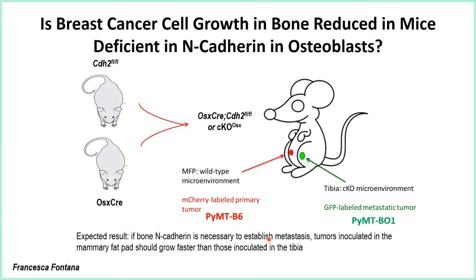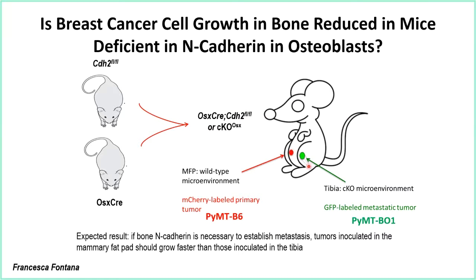And so for these experiments, we initially did a very simple experiment, inoculating tumor cells in the mouse with or without N-cadherin specifically in bone cells. To make these mice, we used the Osterix promoter driving Cre, Osterix being expressed primarily by osteolineage cells, although throughout the lineage, not just in differentiated cells. And then we injected 2 tumors labeled differently, one in the mammary fat pad